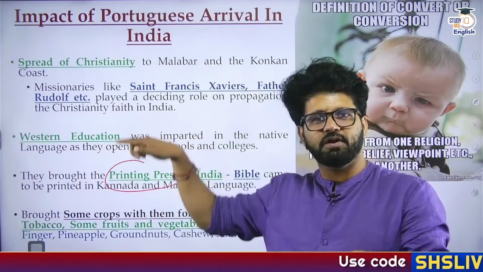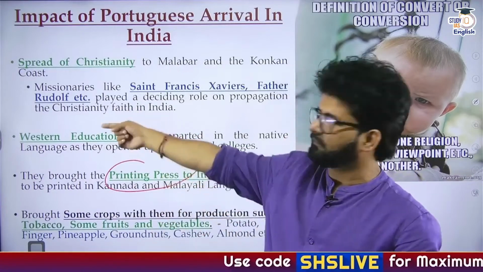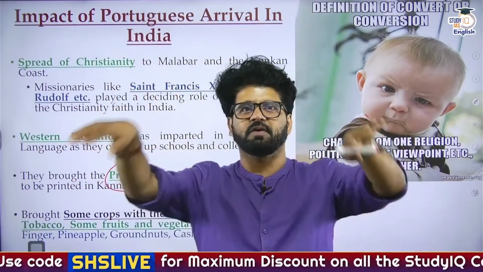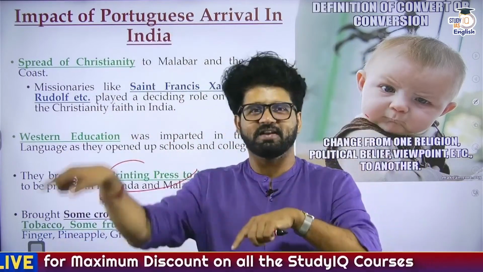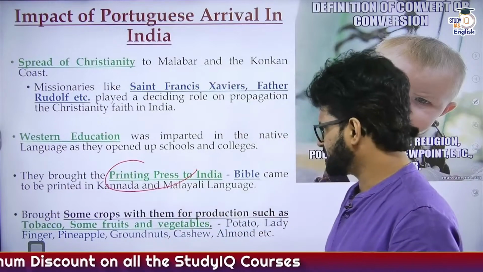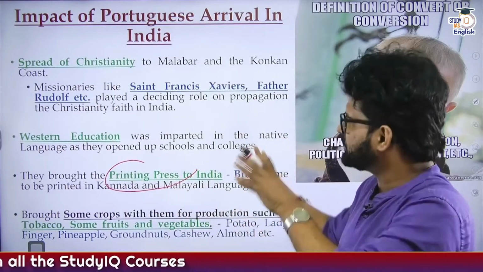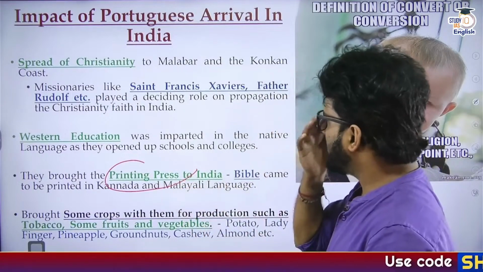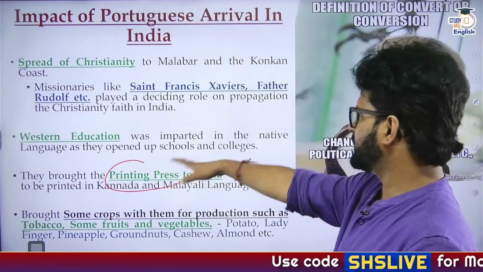It could have come easily from China to India, but it went in a circular manner, because our earth is spherical or circular in nature. So that's what happened in the case of the printing press. China had the initial knowledge about the early technology associated with printing press. Fine. So again, you can have a look at all these things, Western education imparted.